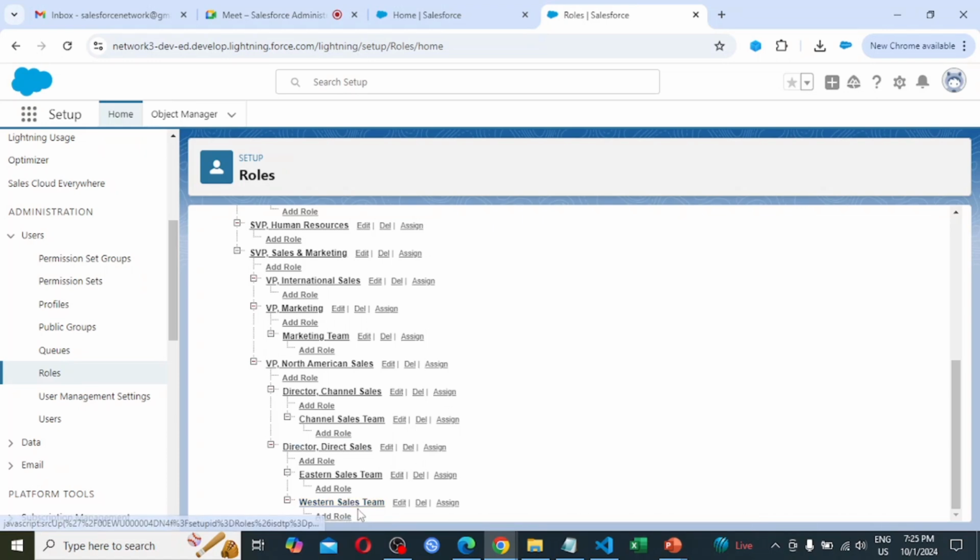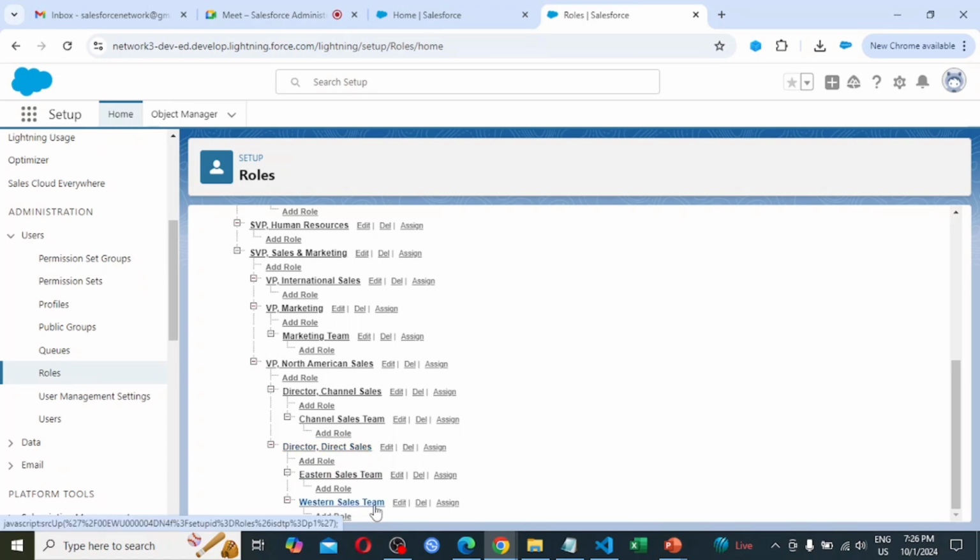So let's think that in the direct sales, there are 2 roles: Eastern sales team and Western sales team. So these are under the same role hierarchy, Eastern and Western. So if the Eastern sales team has their records, they can see their records, but they can't see the direct sales hierarchy record.